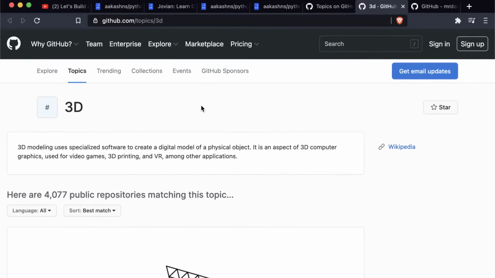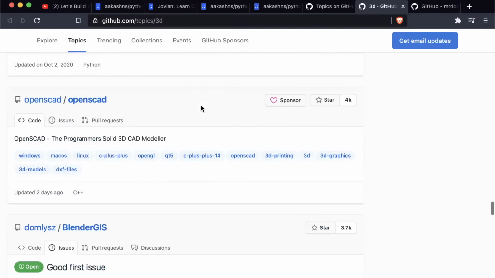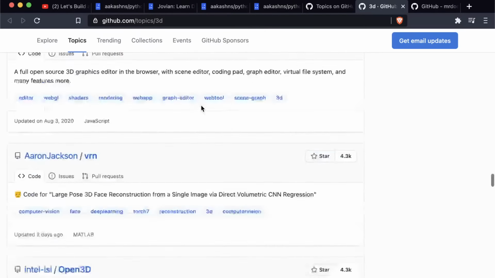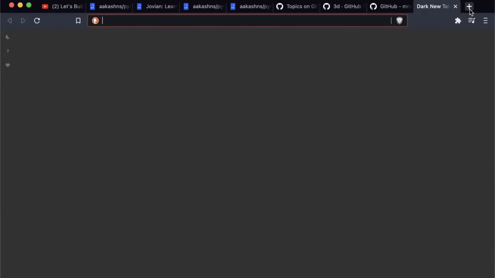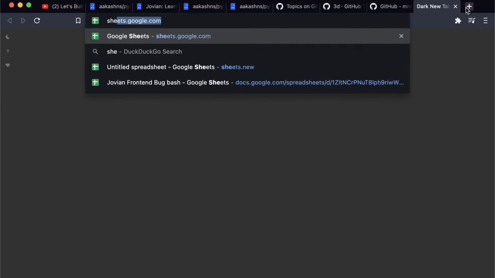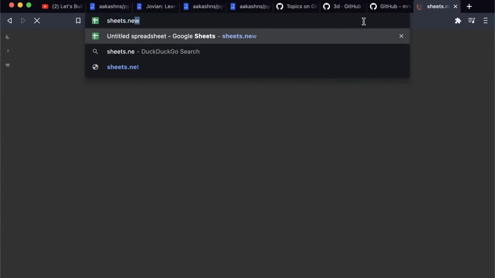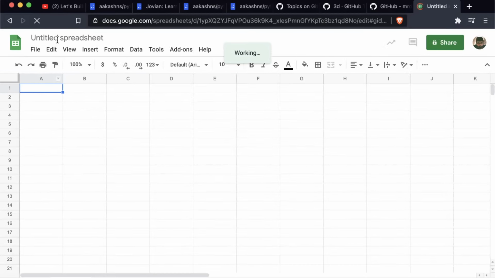So for the topic 3D, I don't want to get all 4,000, but let's maybe try and get the top 20 repositories in each topic, right? So for the topic 3D, from this page, we can get the top 20 repositories. Now, if you were doing this by hand, this is how you would do it. If I open sheets.new, you would say here that let's call this top